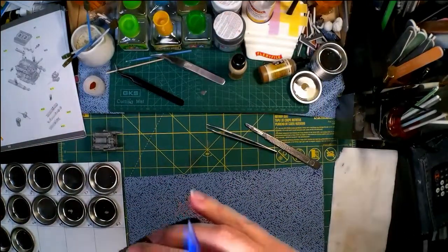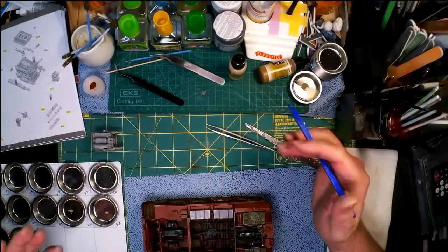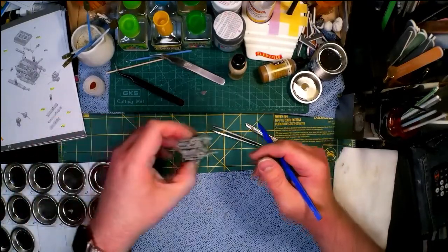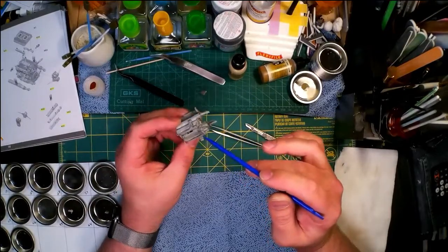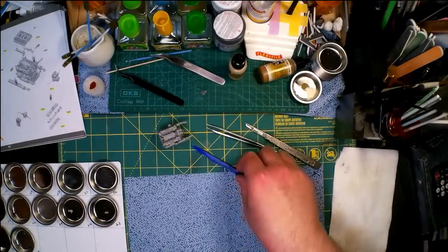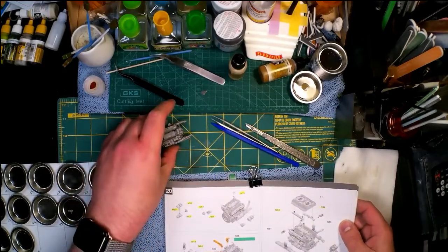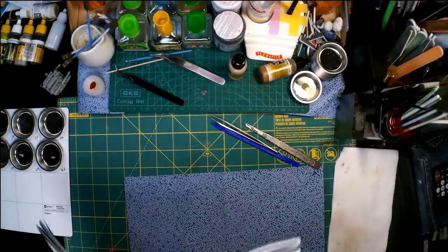Now, here's when you're building the engine, it's a multi-step process, and I'll show you on my Panther Ausf. A. This is what I have built up so far in the instructions. And two things. I wish I would have left the engine out in the Berged Panther so I could test fit this and then have the whole thing built up. But if you look here,